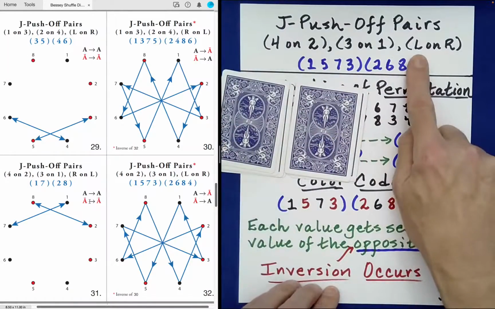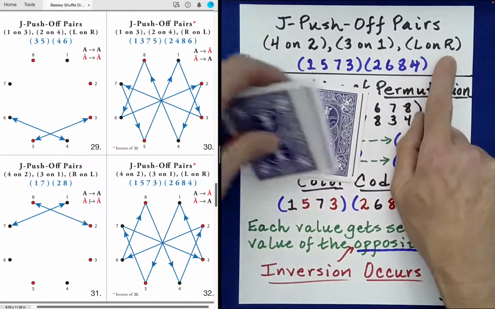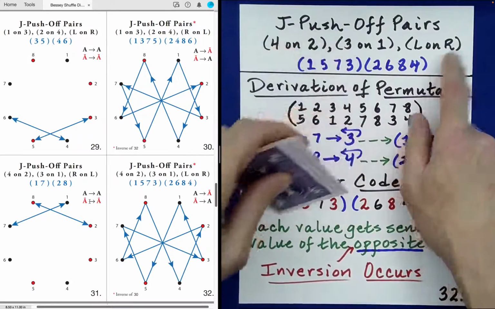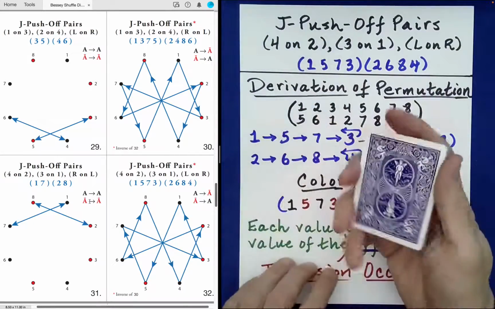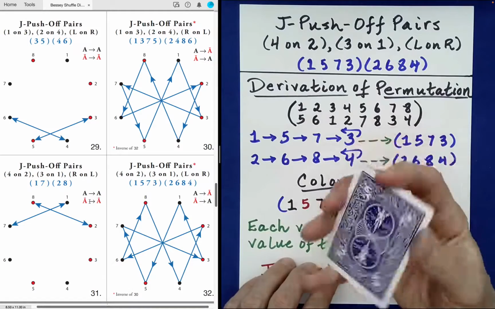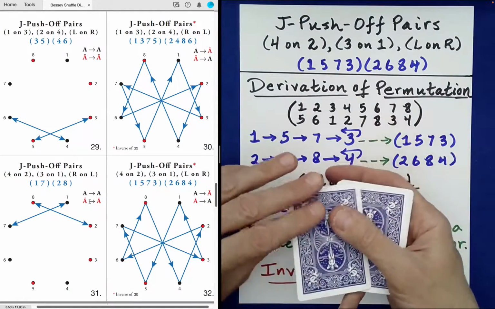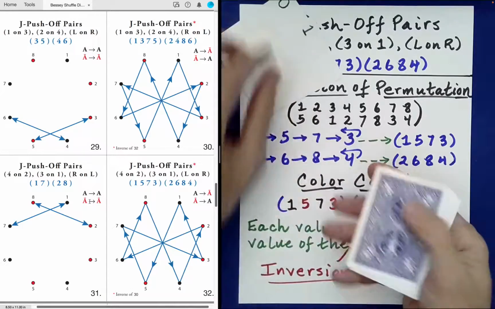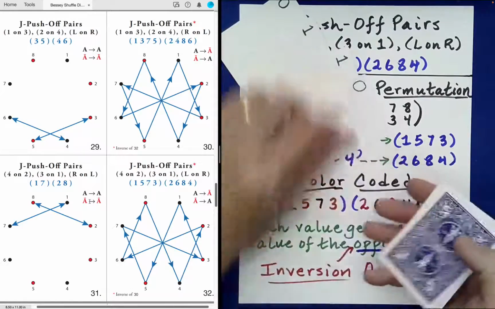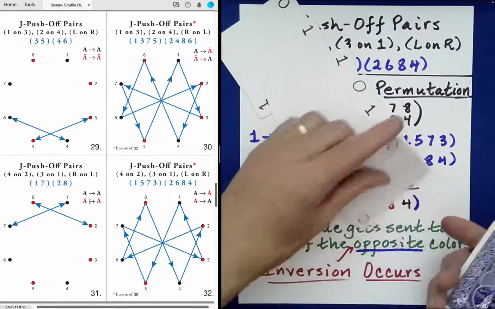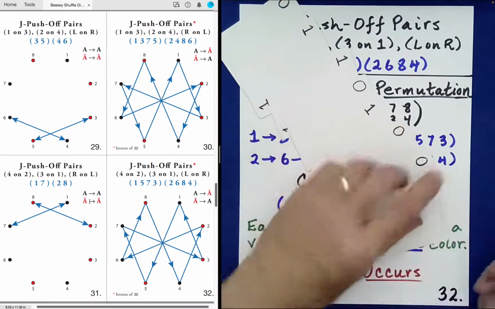And then the left pile is stacked on top of the right. Okay? So is it true that inversion has occurred? Well, inversion will have occurred if we now have the sequence 0, 1, 1, 0, 1, 0, 0, 1, which